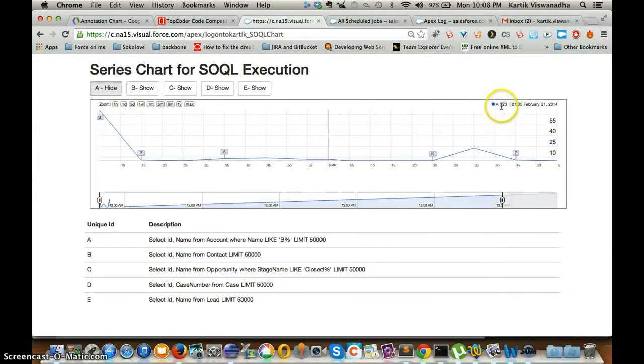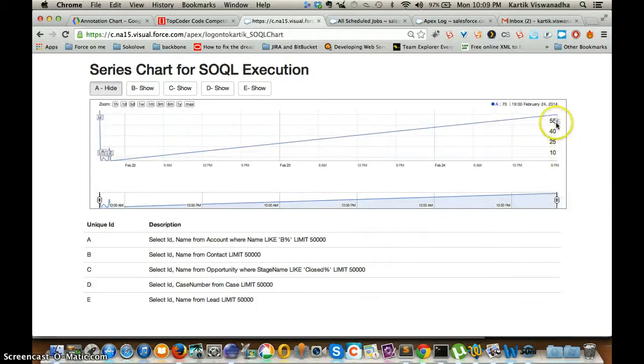you can see that it took 23 milliseconds at 9:35 on February 21st, basically. And you can see the changes. It is changing to 6 milliseconds, 8 milliseconds, 5, 6 again, 23, and if you go to the end, it took like 70 milliseconds. That was the last time it ran.